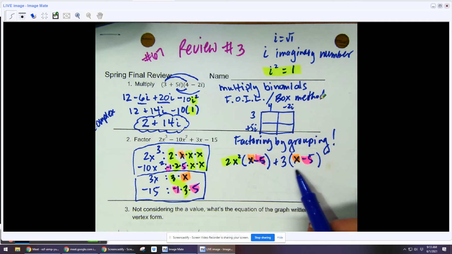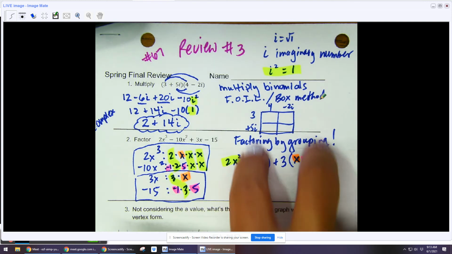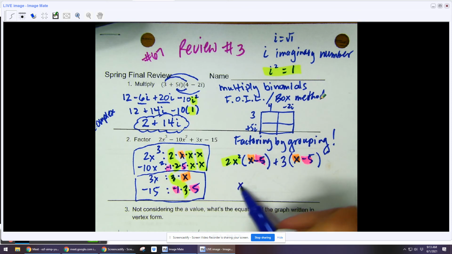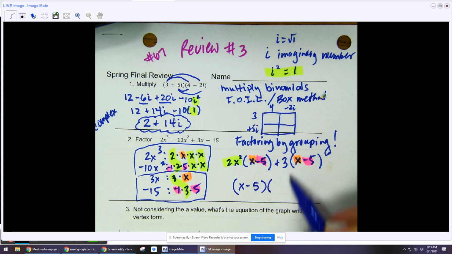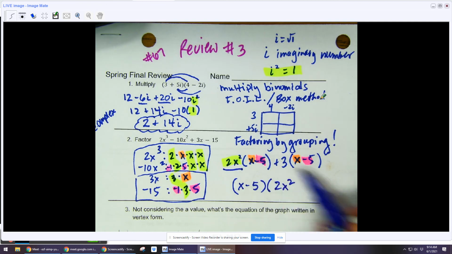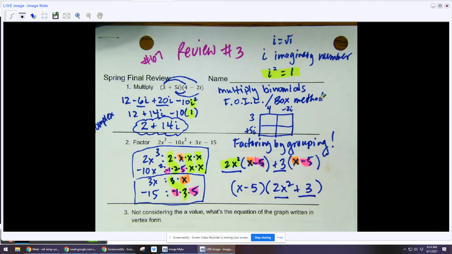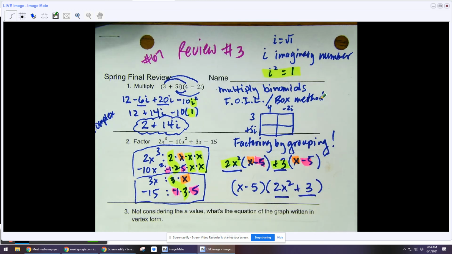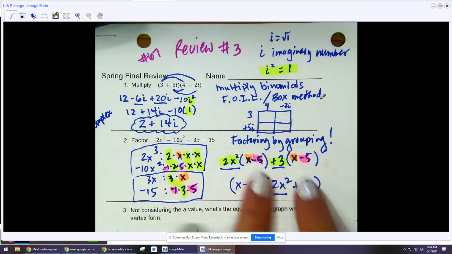So now this is the factoring by grouping part where now I can look at what's in common. They both have an x minus 5 greatest common factor that I can pull out. And then what's going to be left at the back is this 2x squared and this plus 3. And I just factored by grouping, pulling what was in common out front, and then what was left over went